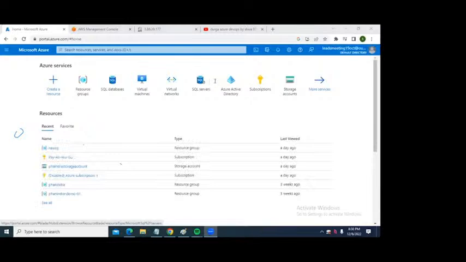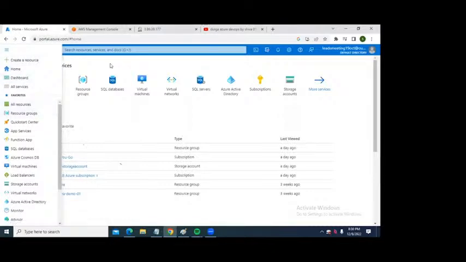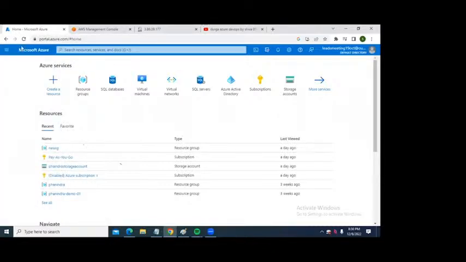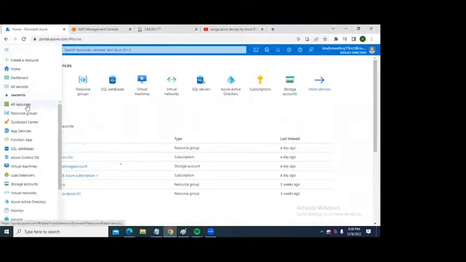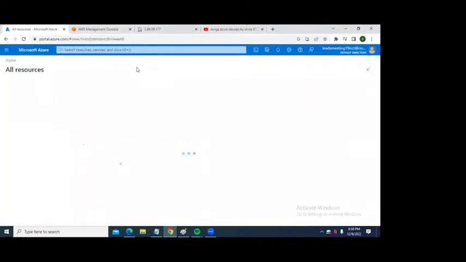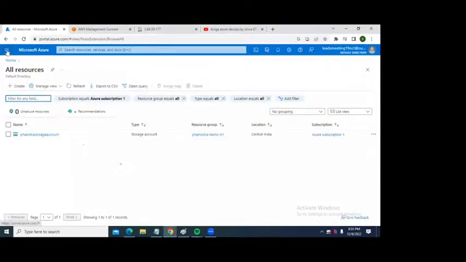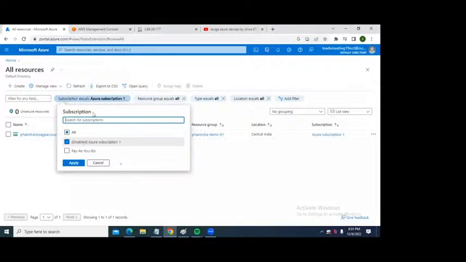Now this becomes our landing page of Azure, and these are the resources. From many places you can create a resource in Azure. You can select all resources, or otherwise select it from the favorites menu.